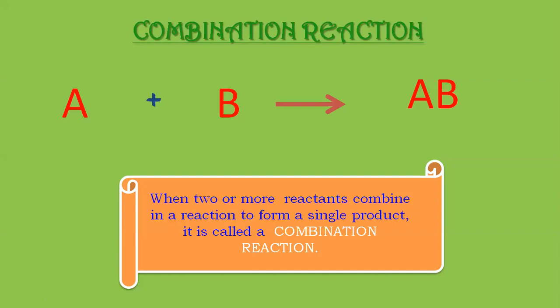I am giving you 10 seconds time because I want you to write. Reactions we learn only when we are able to write. The first heading which you're going to give today is called types of chemical reaction. Under that, the first one is combination reaction. And in this combination reaction, you will write the general equation which is A plus B gives me AB. And what's the definition? When two or more reactants combine together to form a single product, it is called combination reaction. Come on, quickly finish it.